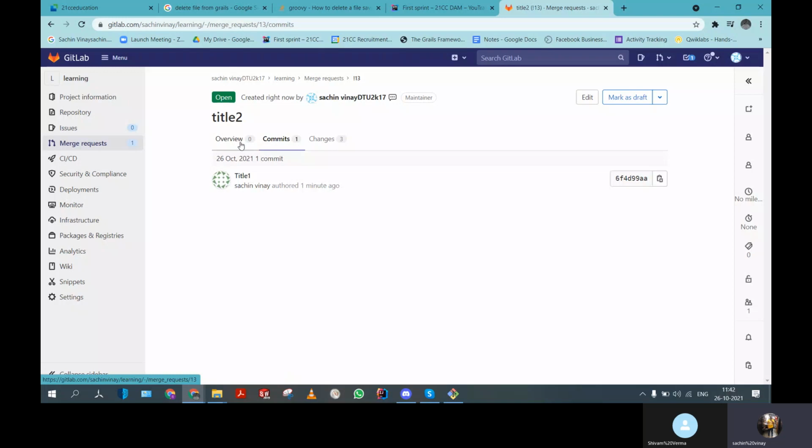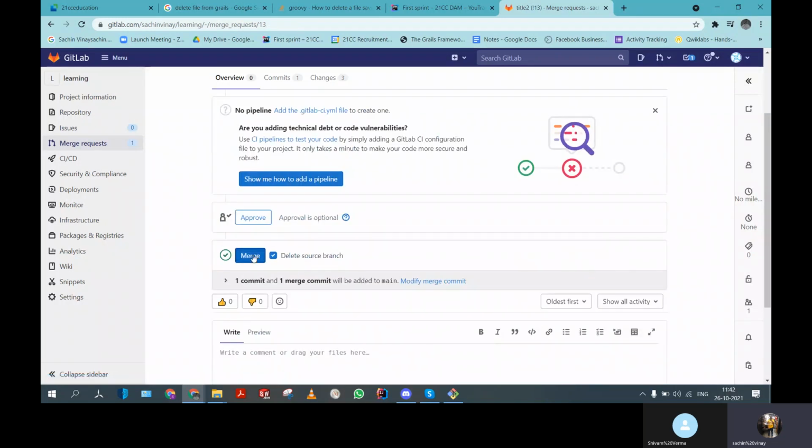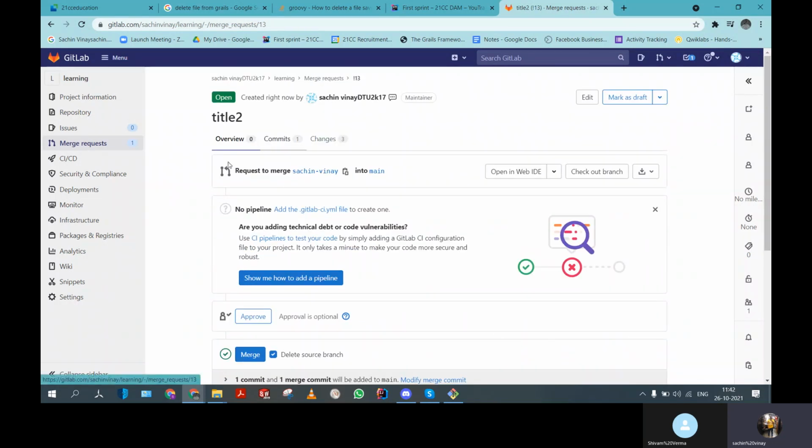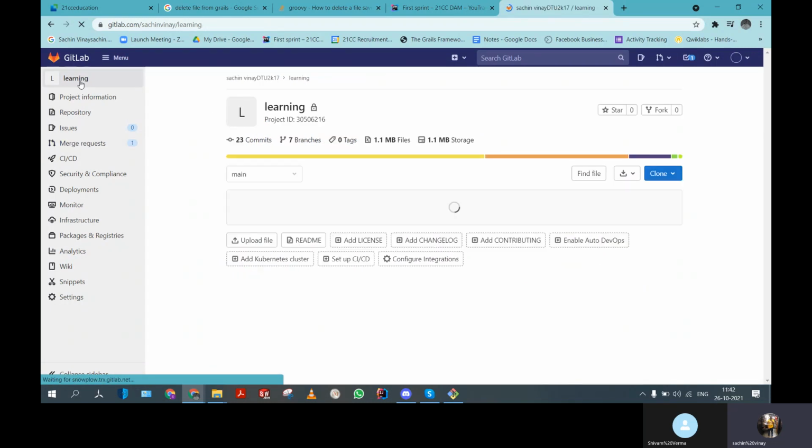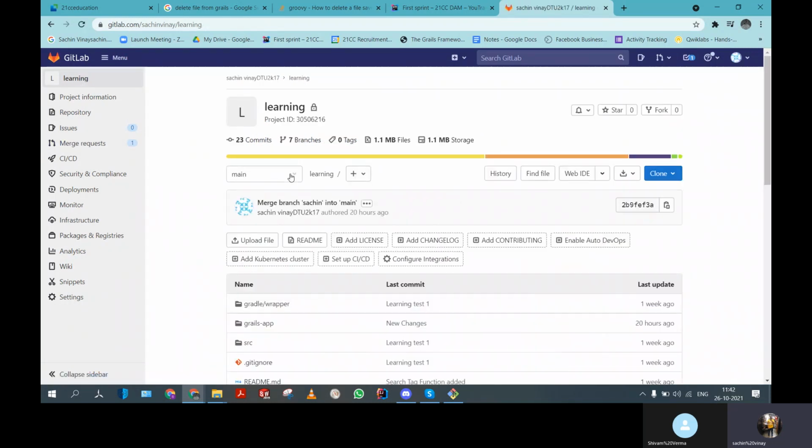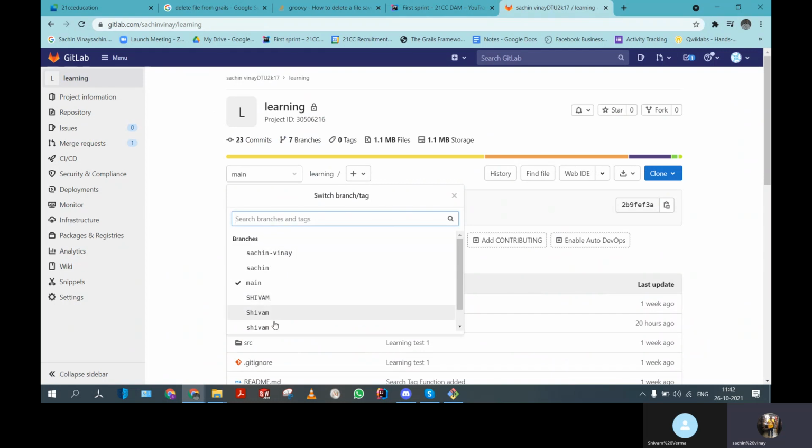I have made 3-4 changes, the commit is one time, changes are three, and as you click merge, you can delete the source branch. Delete the source branch means that if you go to learning, here is main and here are multiple branches, so you can delete the branch you have just changed.